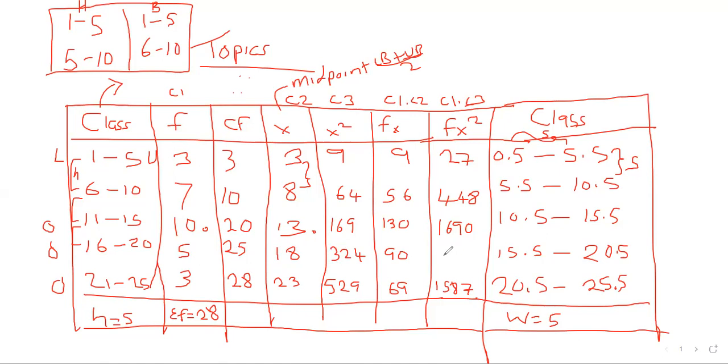So frequency, which is 5 by the x squared, which is 324, is 1620. Thank you for filling. This is called the frequency distribution table. Frequency distribution table. And there are two other components of this frequency distribution table that sometimes you'll be asked to